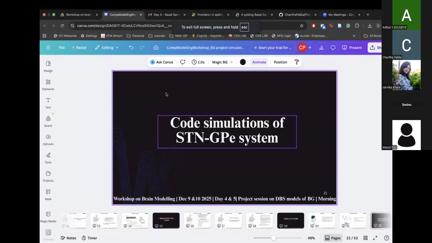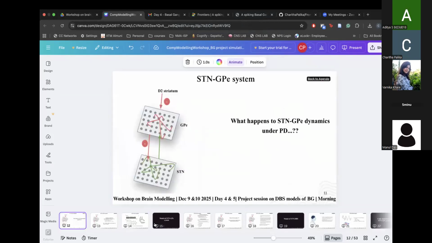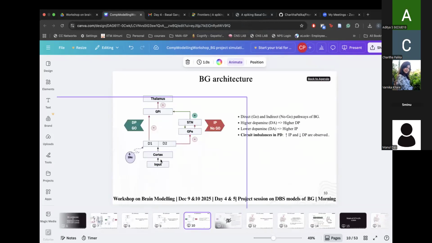One more doubt actually. So can you just quickly summarize the mechanism of that dopamine deficiency and how it leads to these two pathway problems, just to finalize that? Yeah, sure. So first thing we need to remember is the direct pathway is go, indirect pathway is no go in its